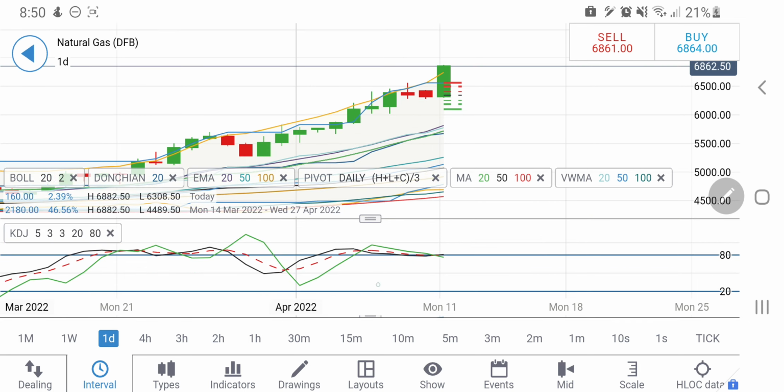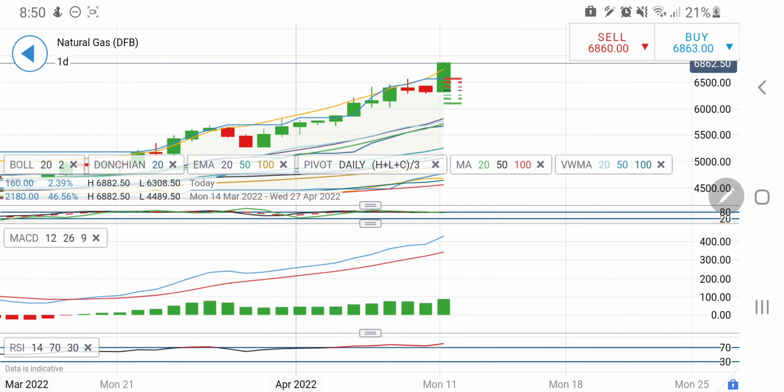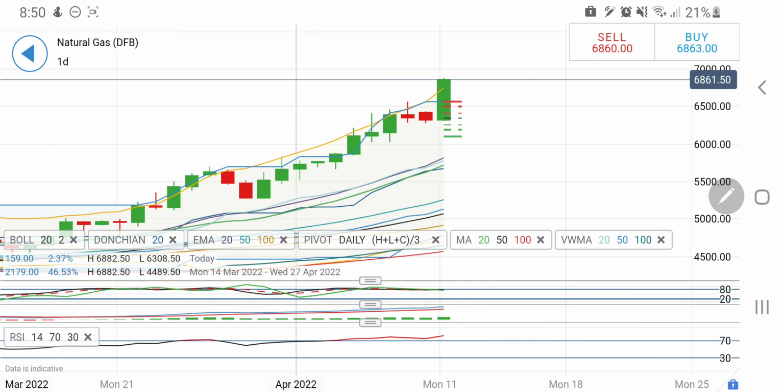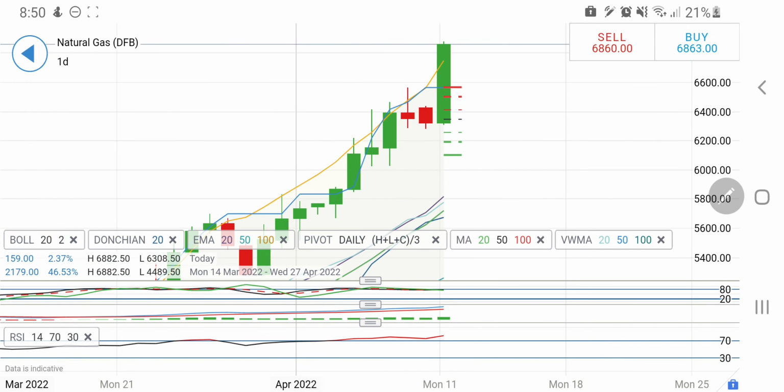Look at the daily stochastic, it is overbought. MACD wide divergent, hence must converge. RSI is extremely overbought. So the signs here on natural gas, indicators are indicating it is overbought, it has to drop. But how far this could rise before looking forward to a drop, that is the question. Now the next support at around 6.9 and then the $7 levels are very much existent there. And yes, any drop below 6.4 is only going to be an indication that it is going to drop sharply on the downside. So take your positions accordingly.